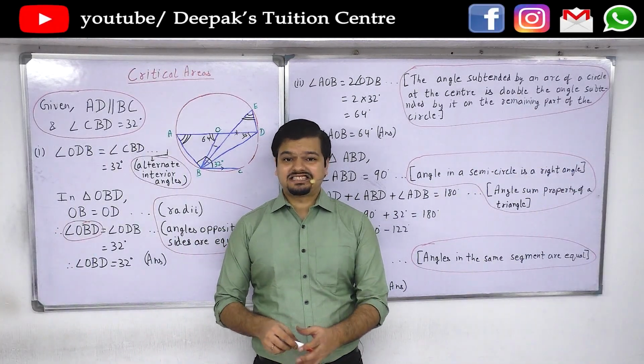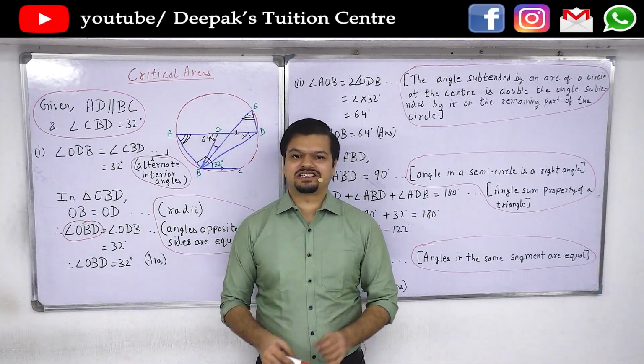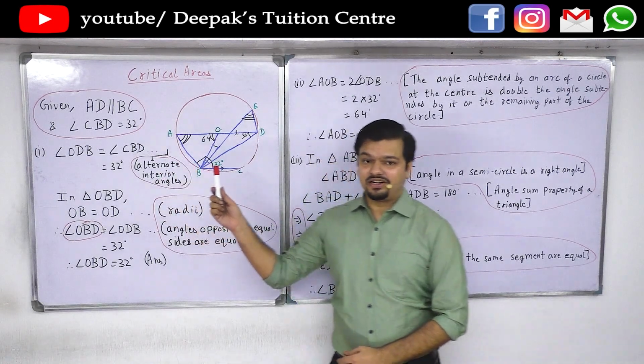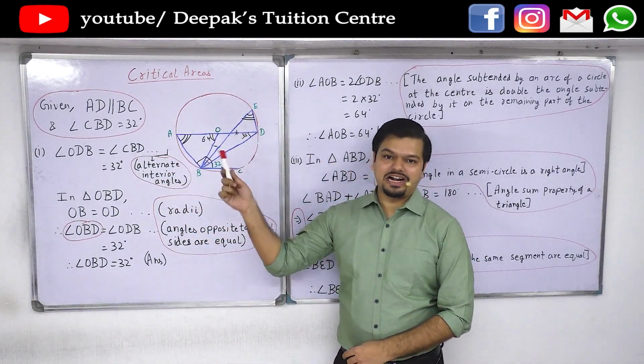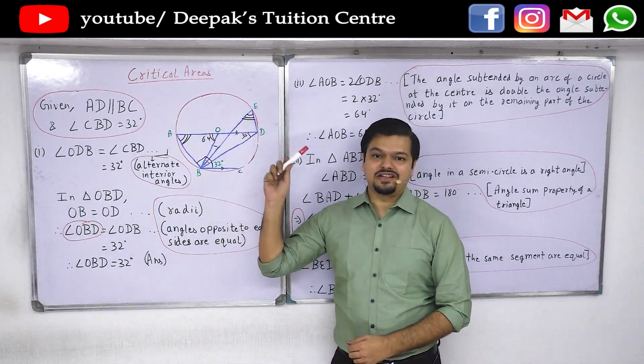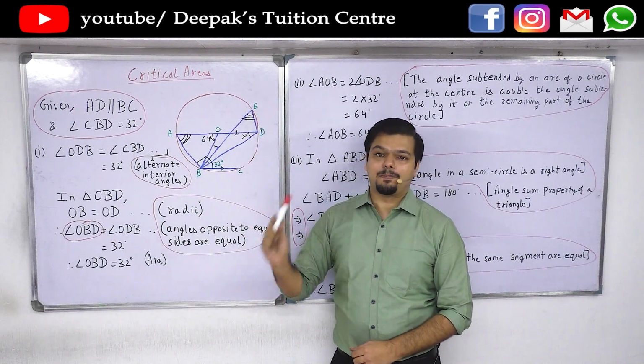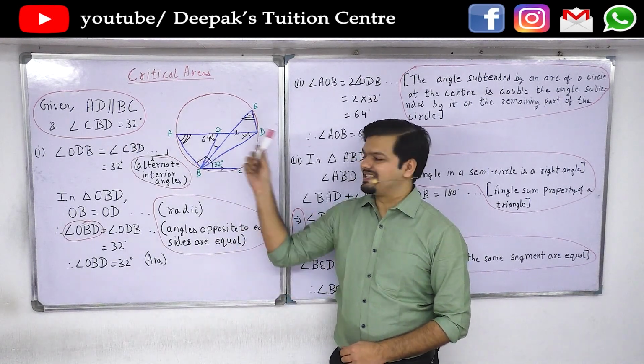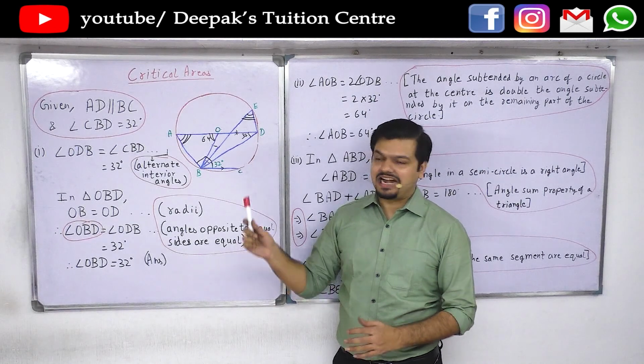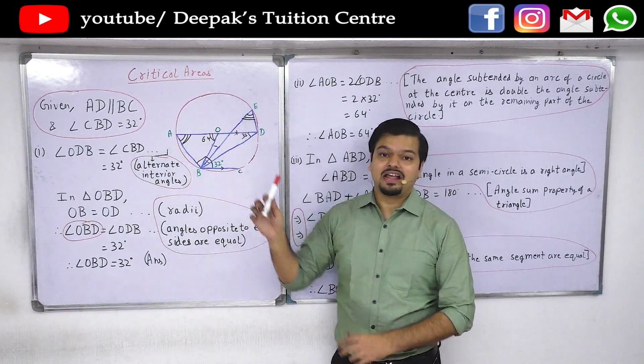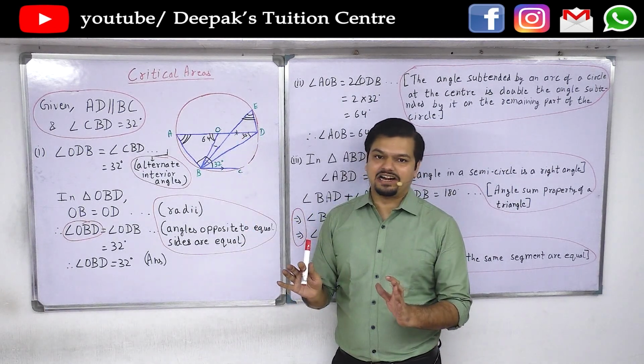The critical areas where you need to be very careful in this chapter are, the first thing you need to do is you should draw a diagram, and the diagram should always be drawn using a pencil only. So use a pencil and scale. Do not draw it freehand. Use a compass to draw a circle. Do not completely draw freehandedly.